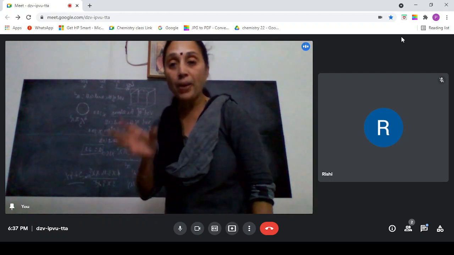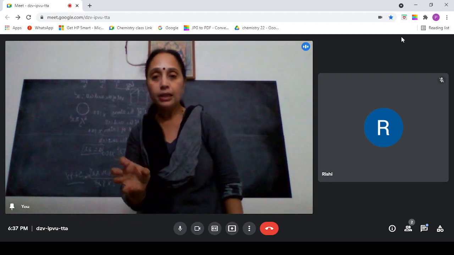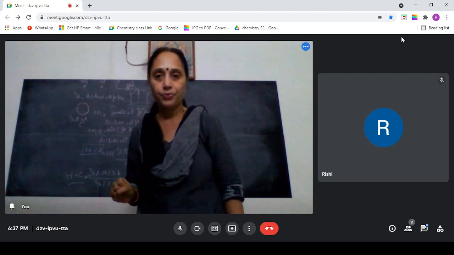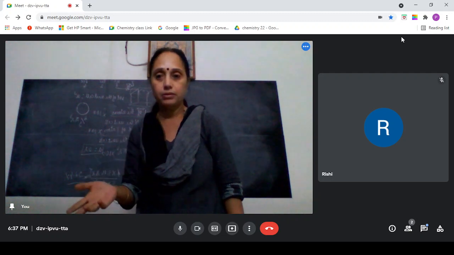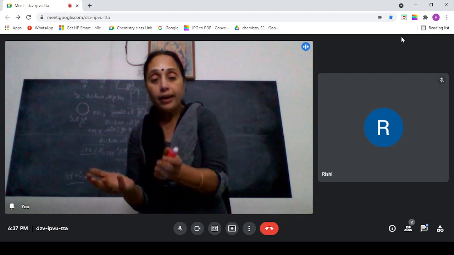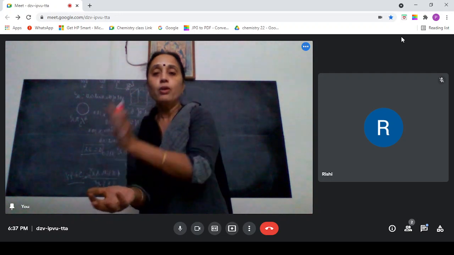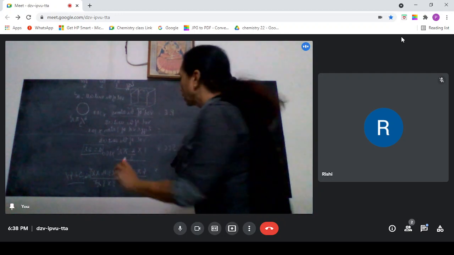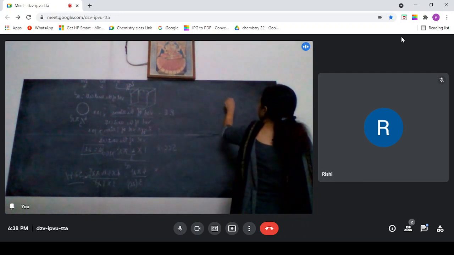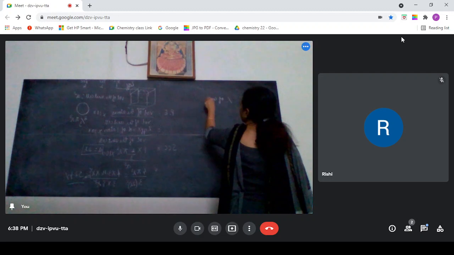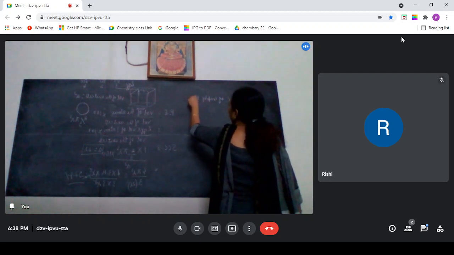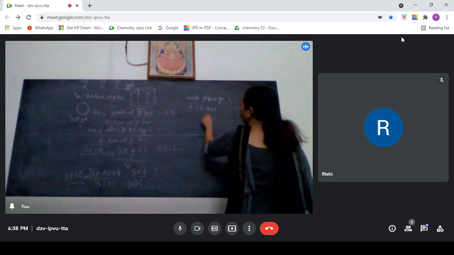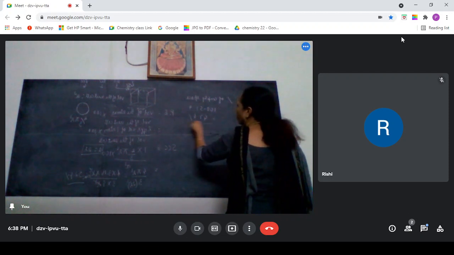That is the packing efficiency, that is the space occupied by the atoms. That is space filled. Now, 100 minus space filled will give you the percentage of the empty space. This also they will ask in 1 mark. So the percentage of empty space will be 100 minus 52.4, that is equal to 47.6.